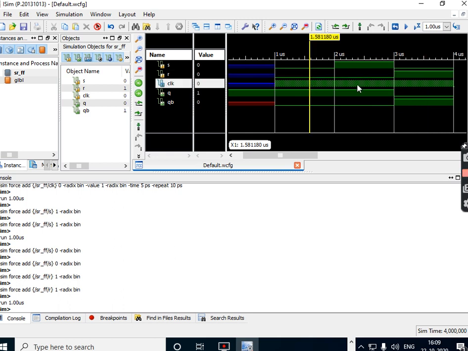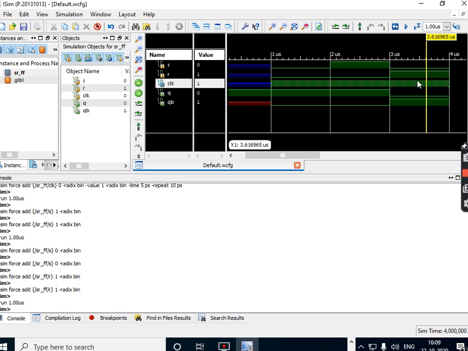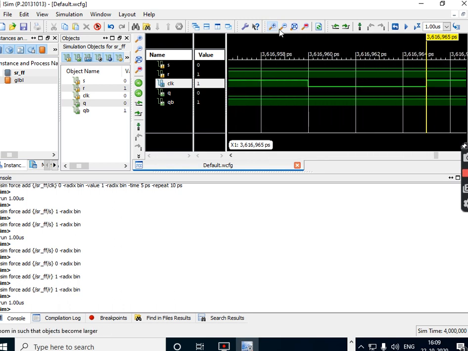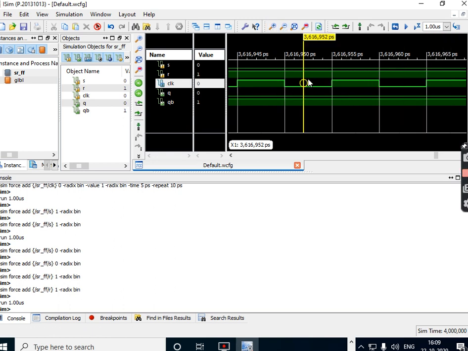So this is for 0 0, and this is for the 0 1 state now. Okay, I want to zoom in now. So for 0 1, when clock is 0, you are in 0 1 state. For 0 1, when clock is raised, it will go to 0 1 state. Hope you have understood the meaning of this.